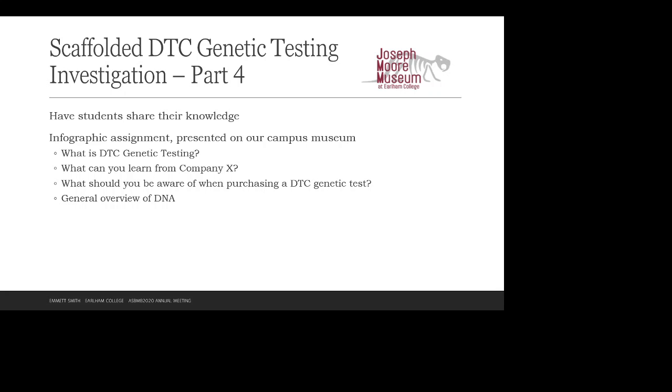One is, what is direct-to-consumer genetic testing? So we were like, how can we inform the public about this? Then, what can you learn from company X? So they chose a couple of those companies from that spreadsheet earlier, some that were more valid and some that were less valid, and ranked them and said, here's what you learned from, let's say, Vinome versus from Ancestry.com, and why do we trust some of these companies more than others? What should you be aware of when purchasing a direct-to-consumer genetic test? This goes way back to week 1, where we talked through those privacy statements,